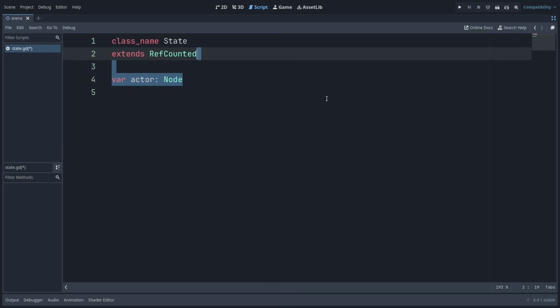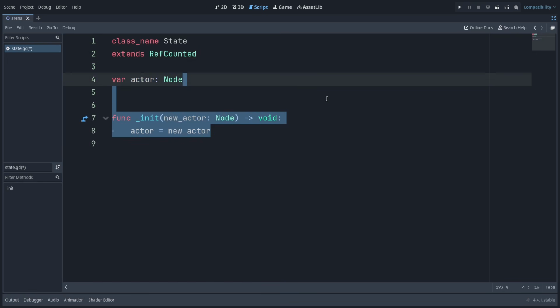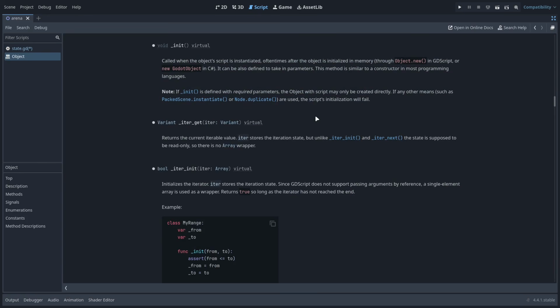Here we just say that it's for sure a node. We'll also override the init virtual method, saying that whenever we use state.new to create a new state, we have to pass in an actor node as a parameter to make sure that we set that variable when we create a new state. If we press and hold Control and click on init to open up the documentation page, it's